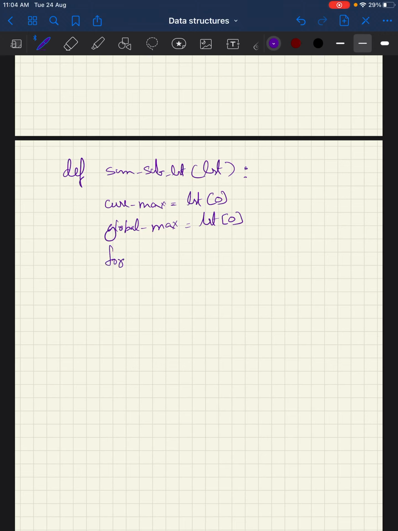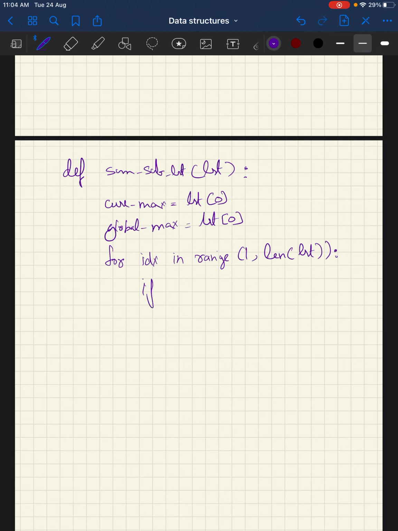Now we will start iterating from 1, actually index 1, because list of 0 we have already gotten. So let's iterate from 1 to len of list.